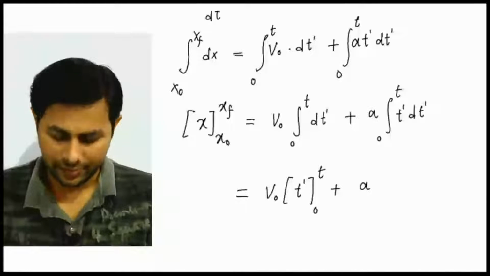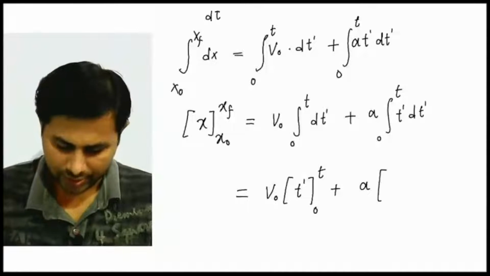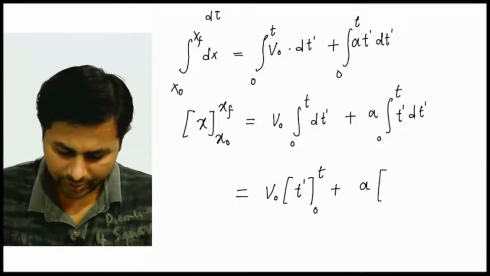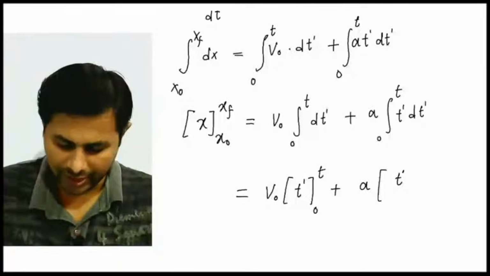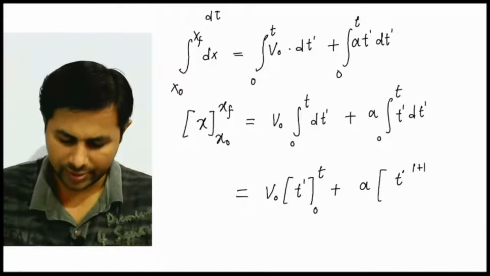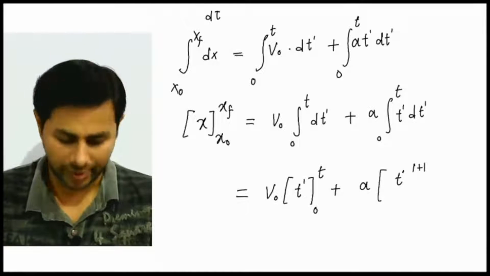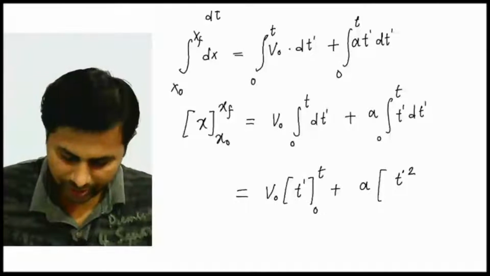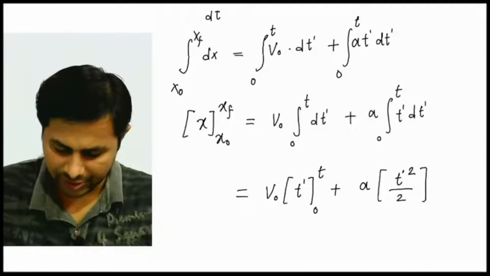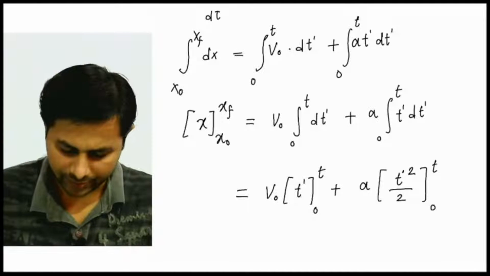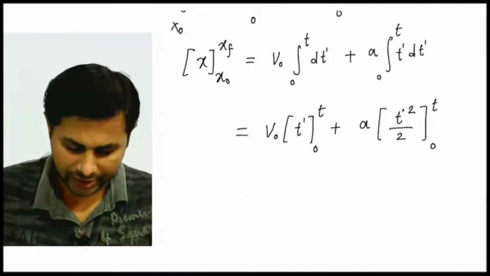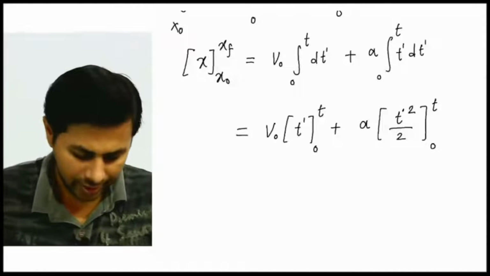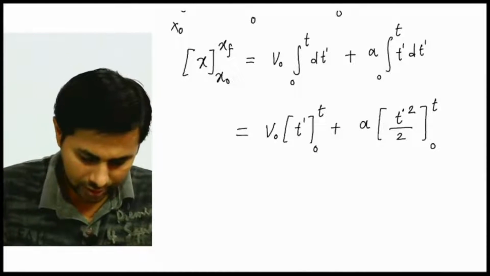integral of t dt. So it will be t prime raised to 1 plus 1, that's 2 divided by 1 plus 1. Okay, so t prime raised to 2 divided by 2, and time changes from 0 to t. Now we can substitute time. Okay, the upper limit and lower limit for the time. So we get over here,